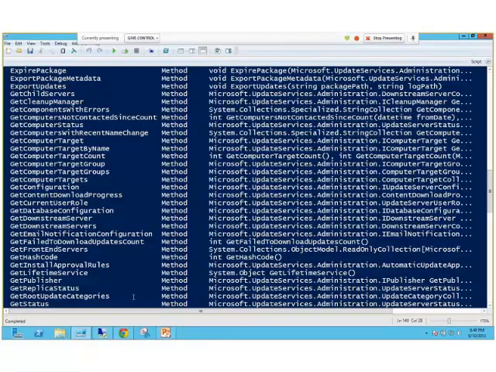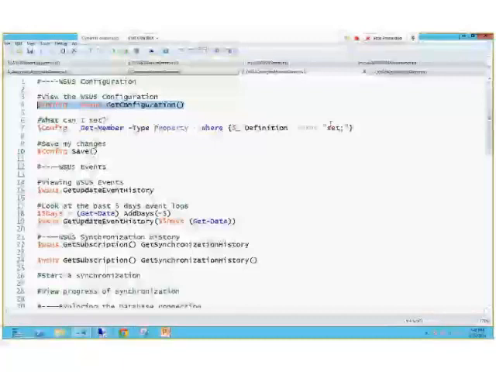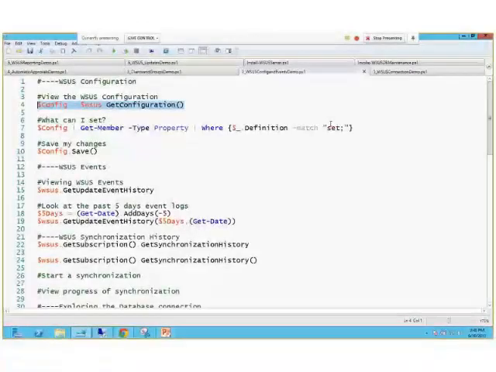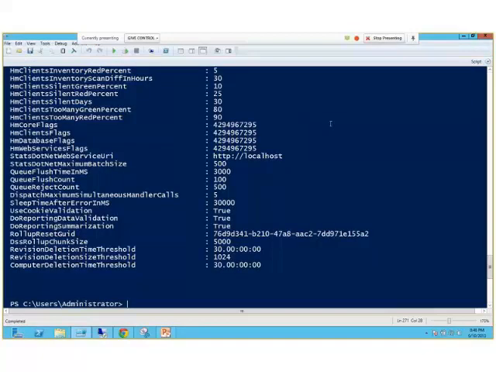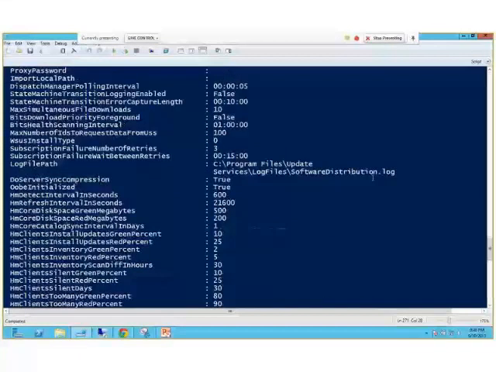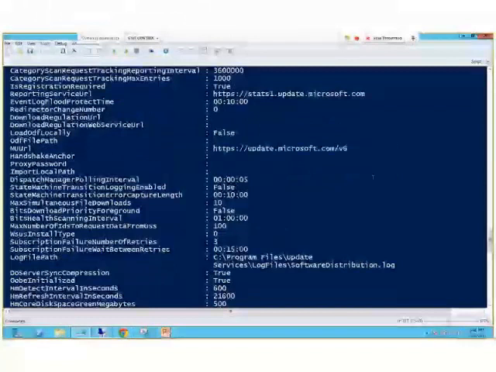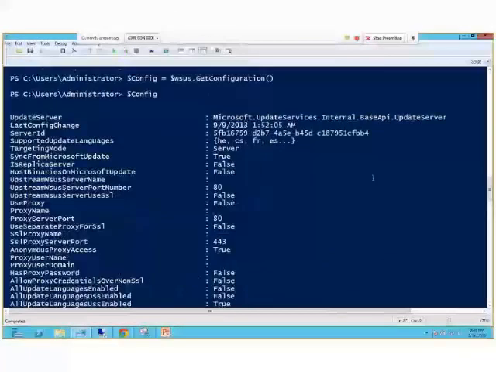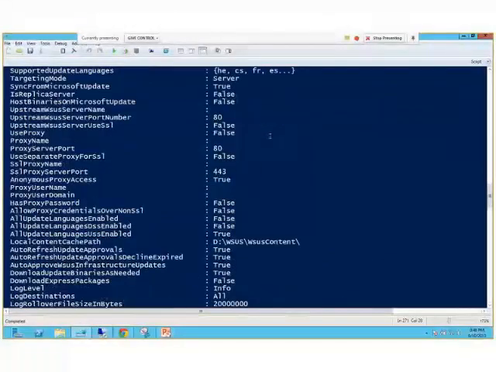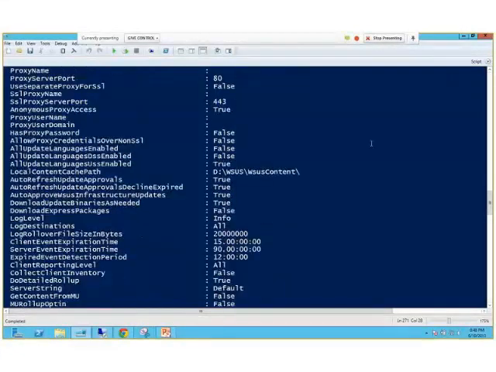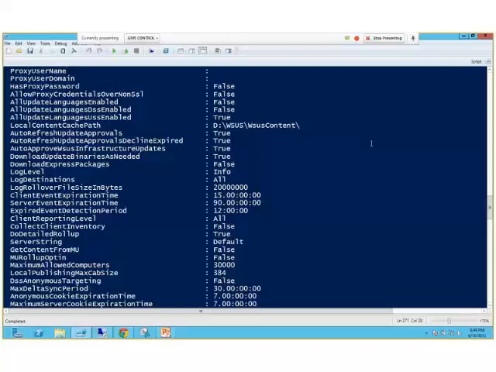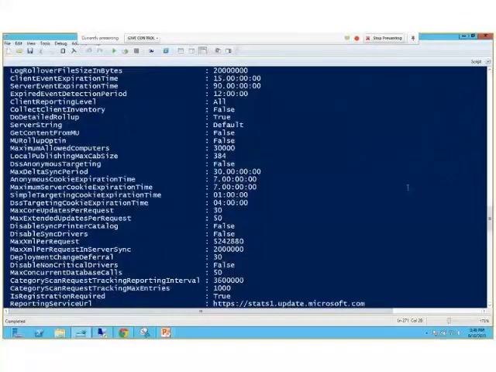So once I'm with the WSUS object, with the WSUS variable, I'm going to call GetConfiguration, which will return the current configuration of our WSUS server. There's a lot of information here, a lot of stuff to go through and look at. You've got everything from the port that you're connected to, the location of your WSUS content, where all the patch files are located, as well as different timeouts for